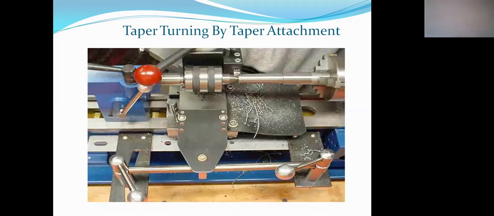So the rod may make some inclination with the axis of the job. Whenever the rod makes some angle of inclination, the taper attachment also moves or makes the same angle. Here the compound rest or the tool post is fixed or attached to the taper attachment. That's why the taper attachment also produces the same angle on the cylindrical job.